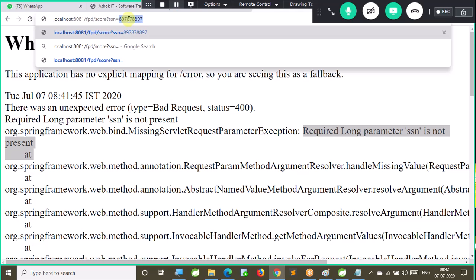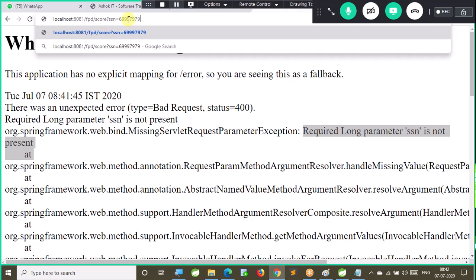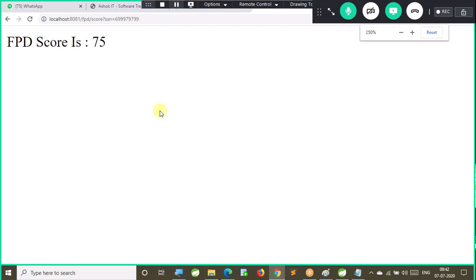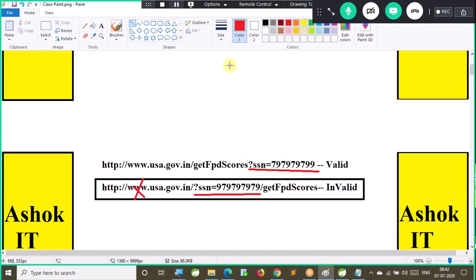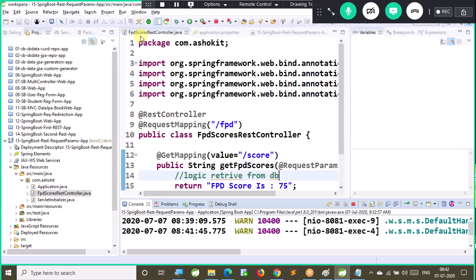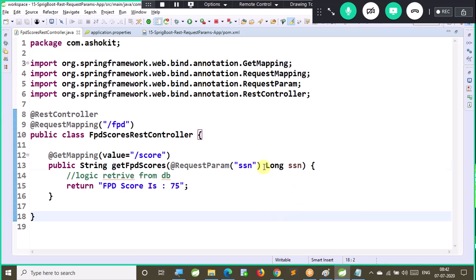Now let us apply SSN is equal to some value. Now I send it. Now if you observe, when I am sending this SSN number in the URL like this, the data will go to the server as a string. But my method is expecting that parameter as a long. How come it is converted to long? Over a network, whatever data you supply will go to the server in the form of string. Client is sending the data in the form of string in the URL. But how come that string is converting to long?